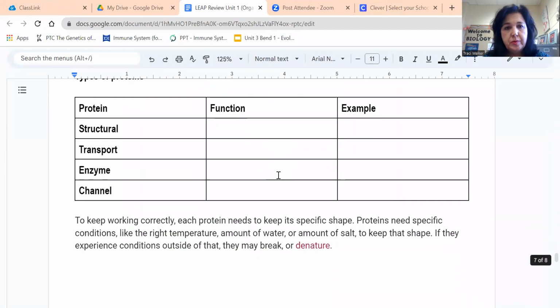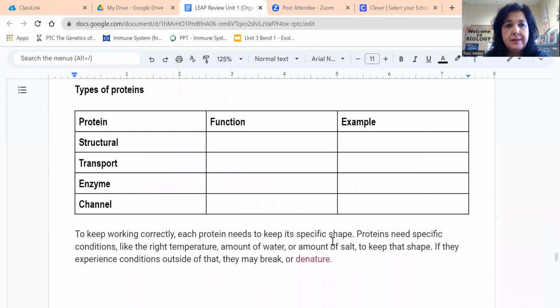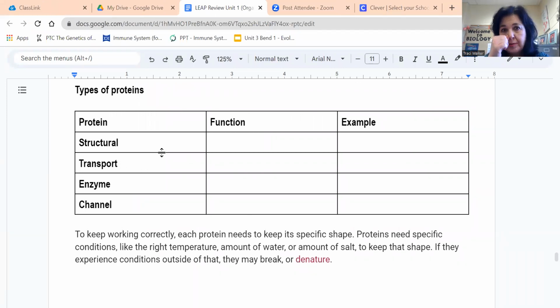We talked about how proteins are made, but we also need to learn the different types of proteins and what their function is in the body. There are 4 major types of protein in living things. The first one is called a structural protein. A structural protein is for building tissues and muscles. Examples of structural proteins would be actin